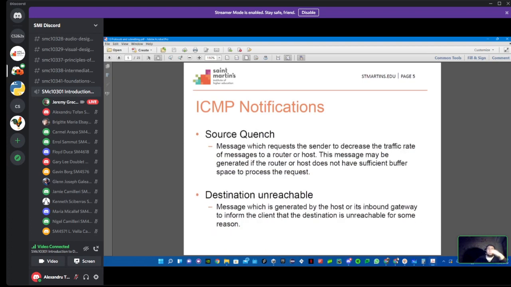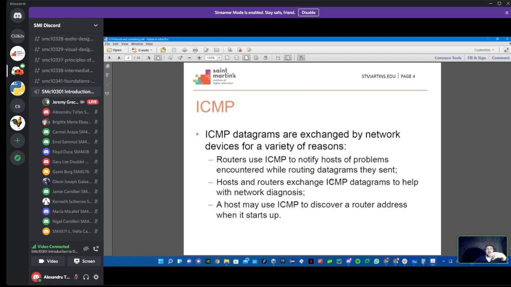Redirect message. You have a number of other services provided by the ICMP protocol. Please take a look at these slides,